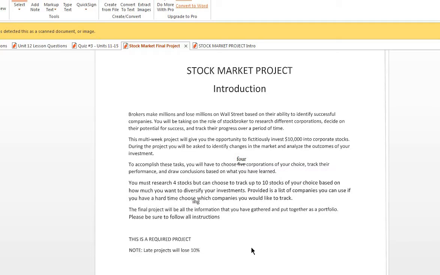Oftentimes those are the successful ones. However, this particular year here in 2020, please keep in mind that with the coronavirus, you're going to need to be a little bit choosier than if it was any other year, based on the fact that